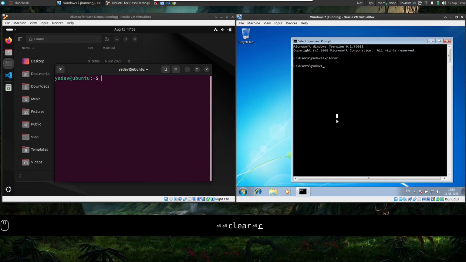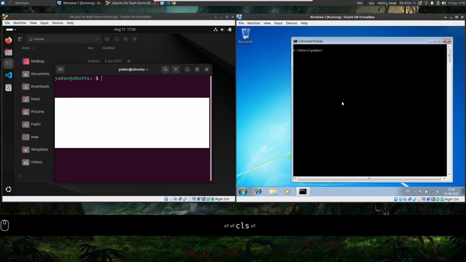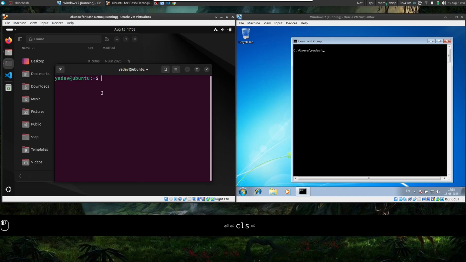In Windows, clear won't work. It will tell me that it is not recognized as an internal or external command, an operable program or a batch file. Batch files are just script files as we will write in Linux. So here we have the alternative, cls, clear the screen. Here we have clear, clear the screen.